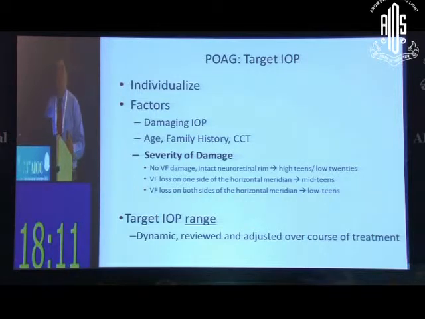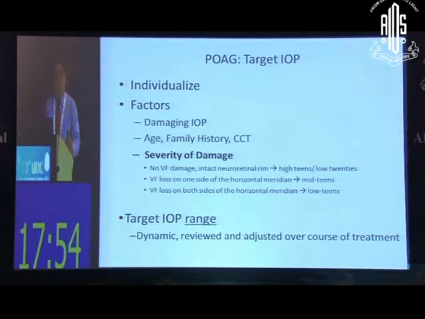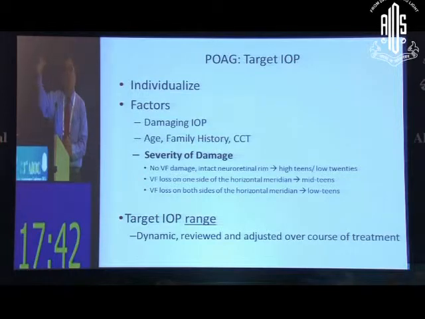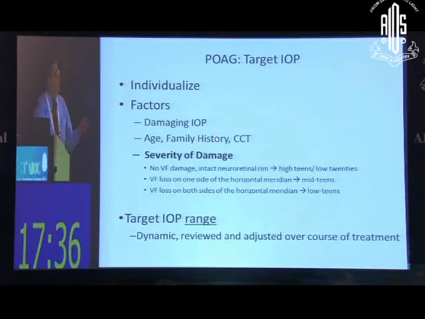The last thing about IOP is that you should learn how to set target pressures. Remember, in the beginning I said every pressure above 21 need not be glaucoma. So what we need to do when you set out to treat open angle glaucoma is to individualize the pressures of each eye of that patient. Target pressure is the pressure we feel the eye will be safe at. The factors that help you determine the target will be the damaging IOP. The higher the pressure at which the nerve has got damaged, the higher should be your target pressure, so it's directly proportional. Second is, with a positive family history and a thin cornea, again you lower the target pressure. But the main factor that helps you determine is the severity of the damage.